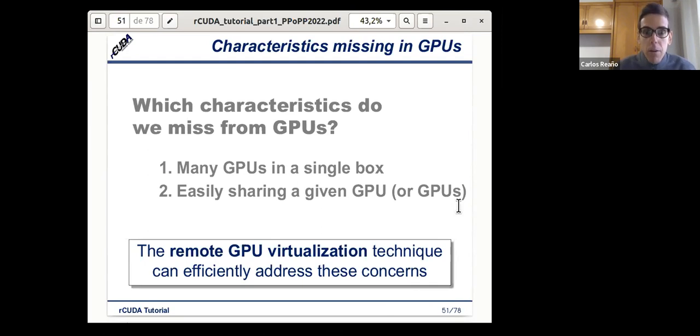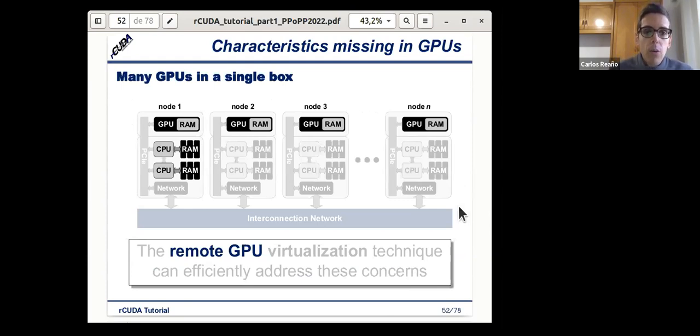By using remote GPU virtualization, we can provide that application more GPUs, in an easy way, than the physical number of GPUs installed in the server. And the second point is that in case a node is not using a GPU, we can share that GPU with another node, with another server, which could need that GPU.